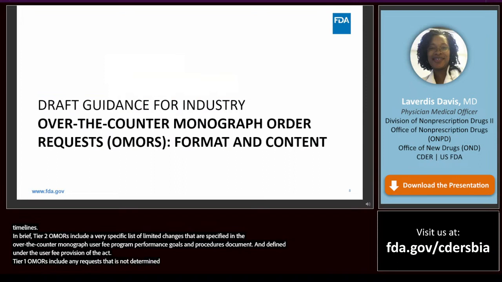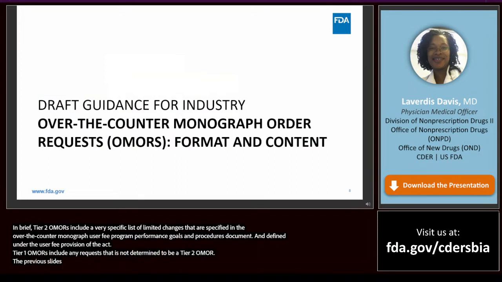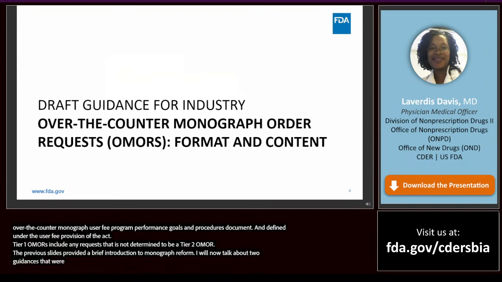Those previous slides provided a brief introduction to monograph reform. I will now talk about two guidances that were commitments under the goals document, starting with the OTC Monograph Order Requests, Format and Content Draft Guidance.